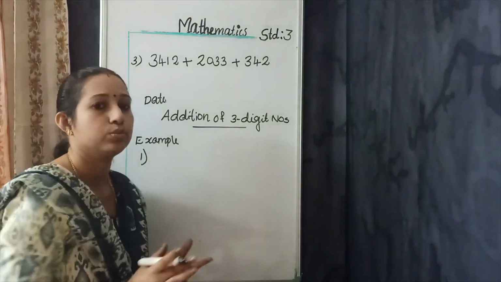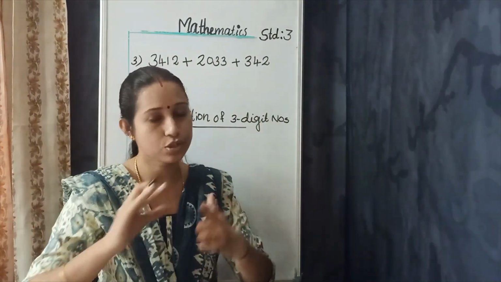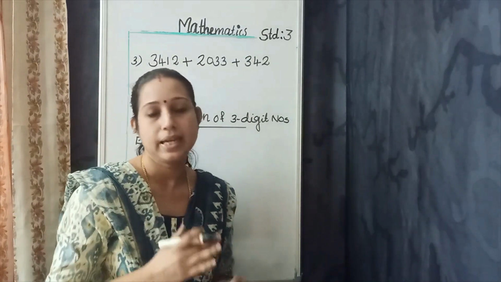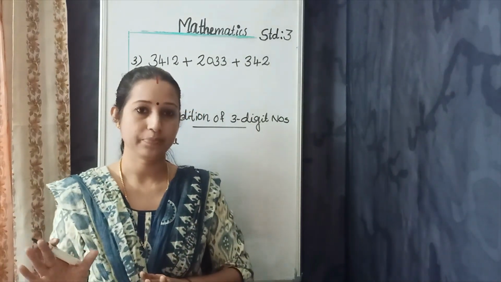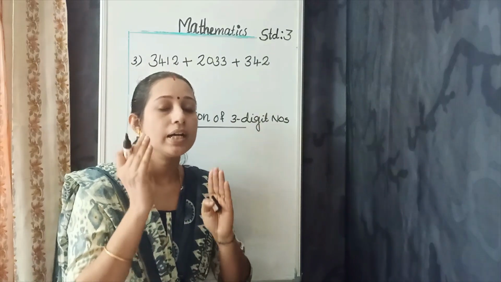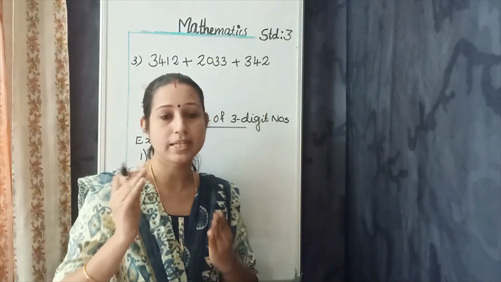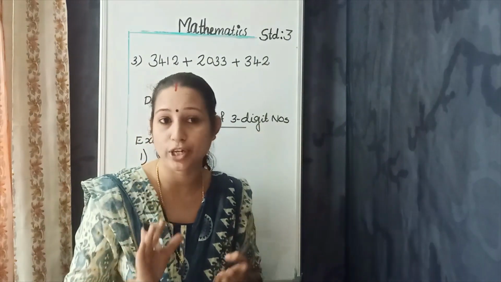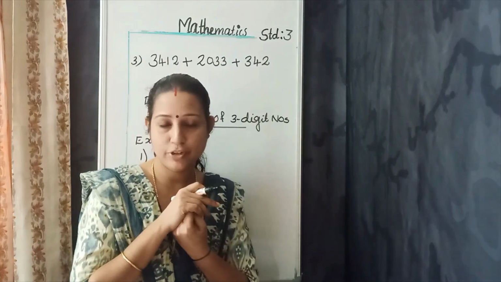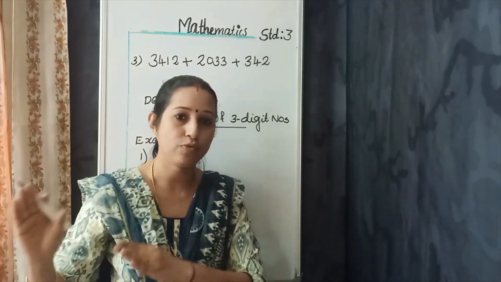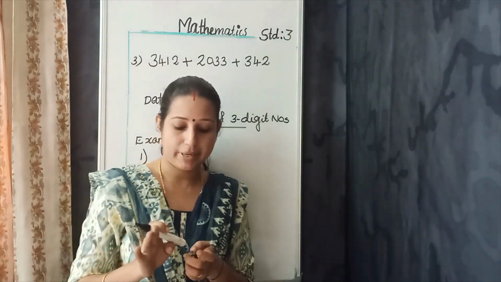Then example 2. Write that question, solve it. Then example 3. Write that question, solve it. Then after that, write the next heading, the next topic, that is addition of 4-digit numbers. We solved 3 examples, write them one by one. Okay, then submit